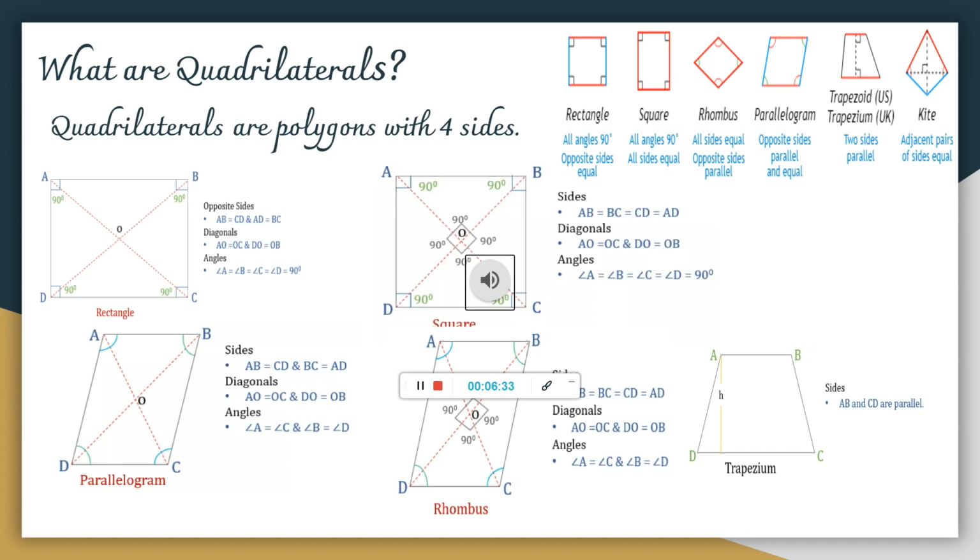Now, what would vary is there would be a variation in their parameters or the values of their measurements, right? In certain quadrilaterals, all the internal angles might be equal. In certain cases, two internal angles would be equal. In some of them, none of them would be equal, right?